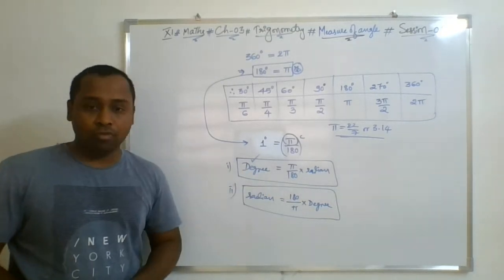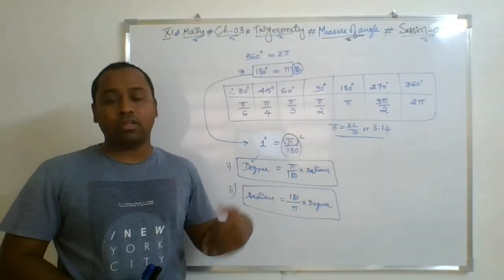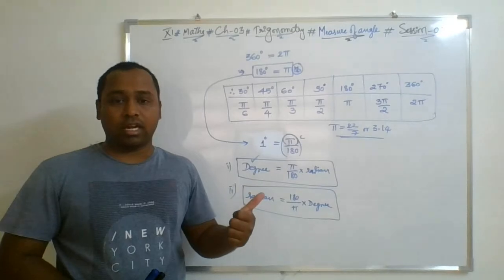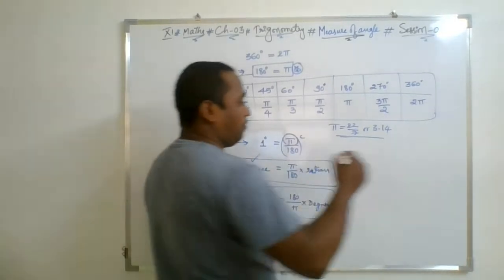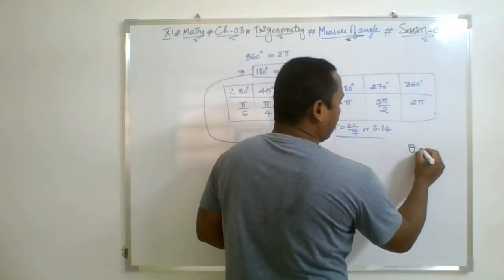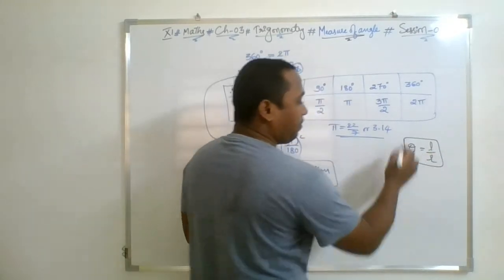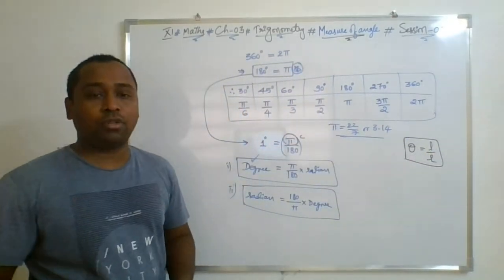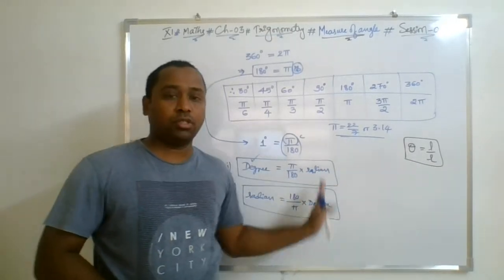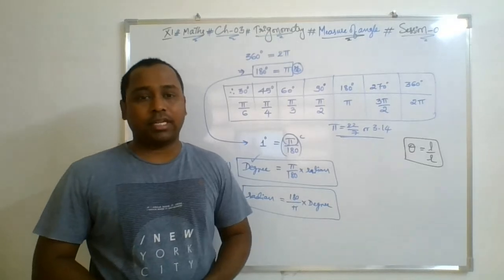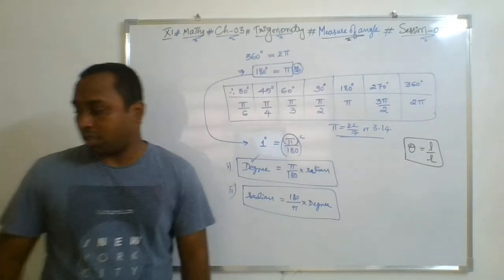Now I am taking a few questions where we will see how to convert degree to radian and radian to degree measure. This is the first learning point of this chapter, and then we will use the formula theta radian is nothing but L by R. There are three parameters. Out of three parameters, two will be given to you, and the third parameter you will find. So these are the three major types of questions framed in the first exercise, that is 3.1. Let's have a discussion over the questions.